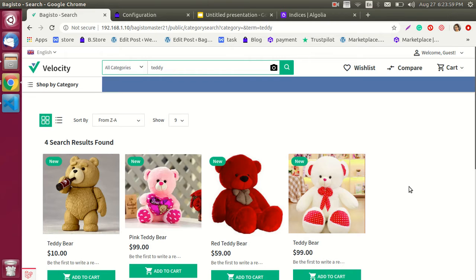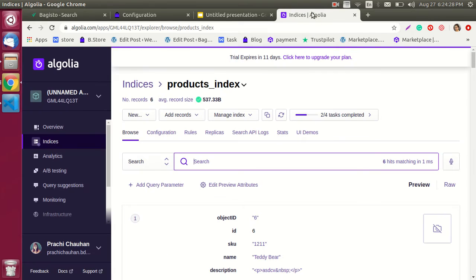And one more thing, guys, I have not added thousands or millions of products right now, but sites having millions or thousands of products will find a significant difference in how fast customers can find the search results. Even I can check how quickly I can see the product results here. So guys, as you can see, this is very simple to configure, or integrate, Algolia with your Bagisto web store, and it will give the customer a very quick result.